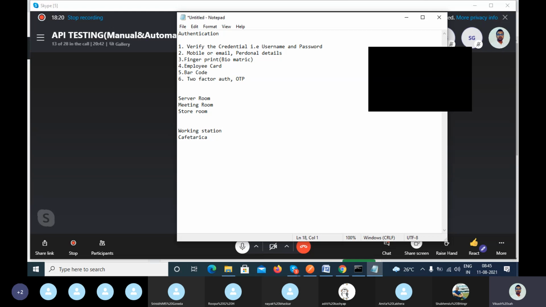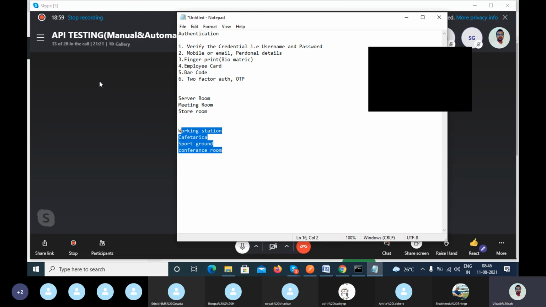Okay, and the sports ground you can go. And the conference room you can go. So tell me why you can't go to these places and why you can go to those places. What is the reason behind that? You can't go to this place and you can go to that place. Why?